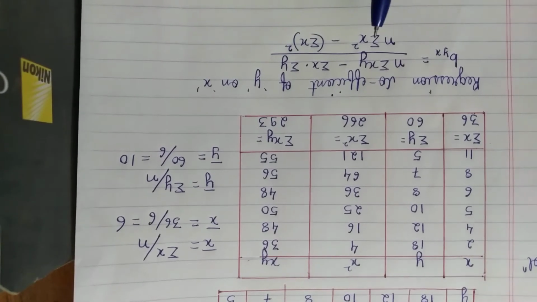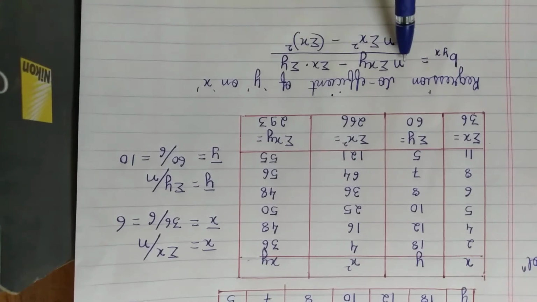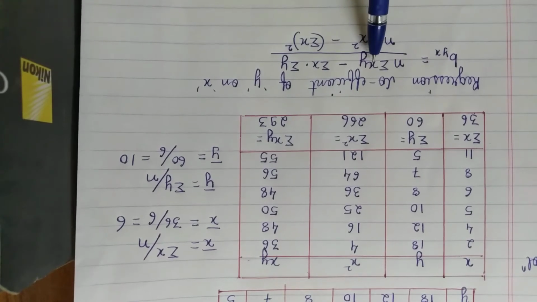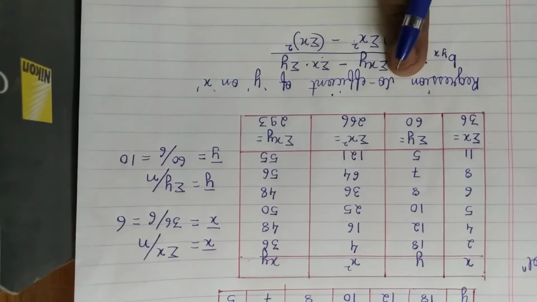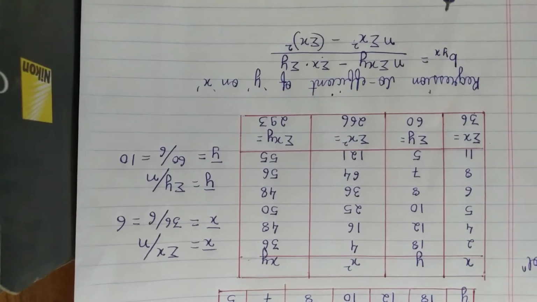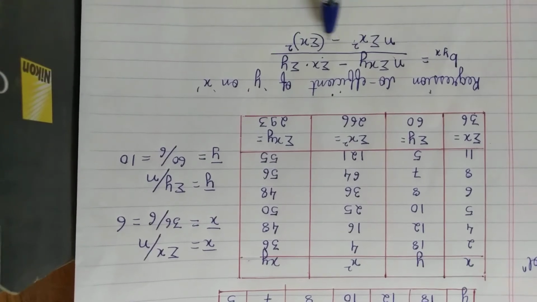Remember, one thing which I found out that students are making mistakes is they forget either this n or this n. And remember that n is multiplied only to the first coefficient, that is the first variable, and here also for the first variable. You do not multiply n here and n here. Many students multiply n here, n here, n here, n here, or else they forget completely and do not write n at all. That is wrong. The formula should be learned by heart properly. n is multiplied only to the first one, minus something upon n into something minus something.